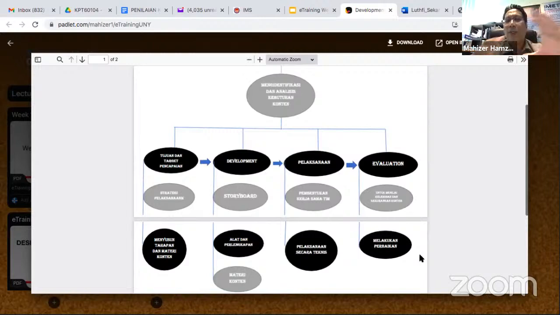Cuma make sure that once you are doing the task analysis, you don't forget anything. There's nothing you have forgotten. Sebab tu tujuannya you buat task analysis, you tengok apa lagi yang kurang. Ada tak lagi skills yang tak ada? Okay, kita ada development skill, implementation skill, evaluation skill. Mungkin design skill. Sebab development you dah develop, and then design skill, if you are using the ADDIE model lah.